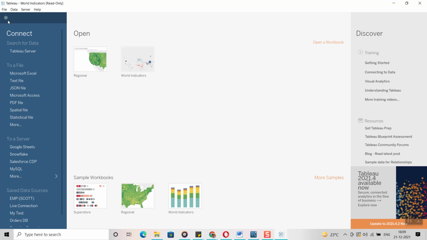And Tableau Desktop installation also, you are not going to do on your own, because there will be a lot of restrictions. You are not going to get admin access. So you have to raise a request to your IT team. Then your IT team person is going to contact you for the installation.